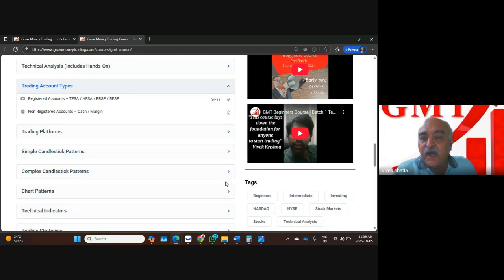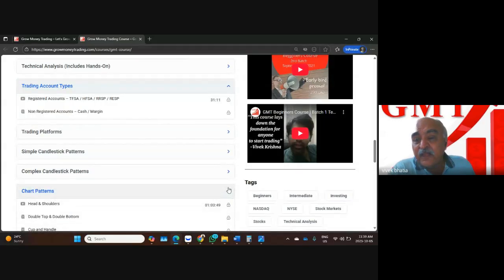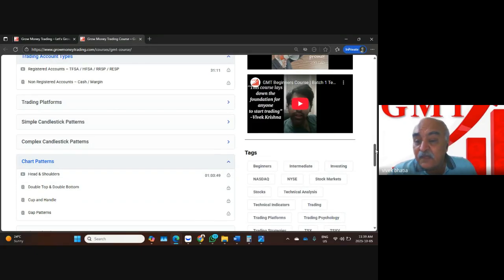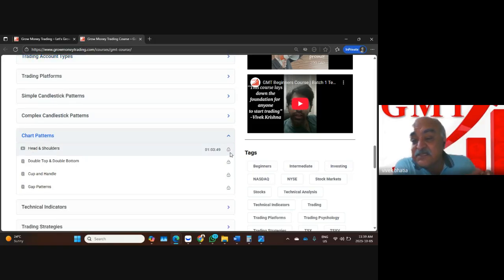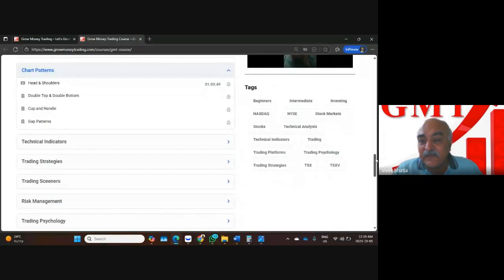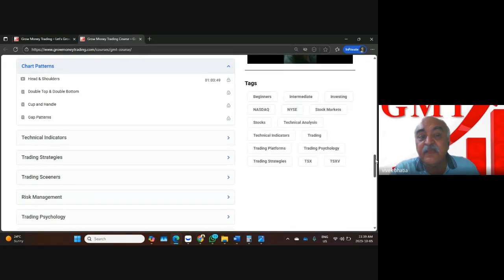So we talk about candlestick patterns, both simple and complex. After the candlestick patterns, we also look at chart patterns. Now, chart patterns is nothing but multiple candles coming together and what is happening in the charts. This is talking about in the past what has happened when such a chart pattern was formed and what happened after that. And market being cyclic in nature, being repetitive in nature, you expect similar recurring happenings on the chart patterns being formed. Again, strike rate 75 to 80 or 85% upper limit. That 15-20% negative strike rate will always be there.